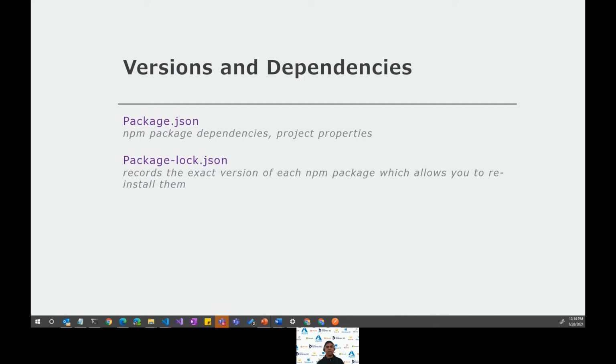NPM also creates the package-lock.json file simultaneously. In contrast to the package.json file, the package lock file contains the exact versions of the NPM packages. And ideally, this file should go into your source control along with your package.json file. Because when you or any other user, anytime later, clone the project and run the command npm install, it will install the exact versions of those packages and dependencies, and your project will compile every time.